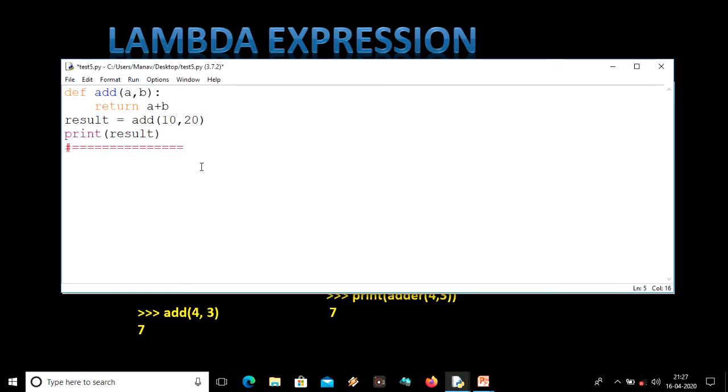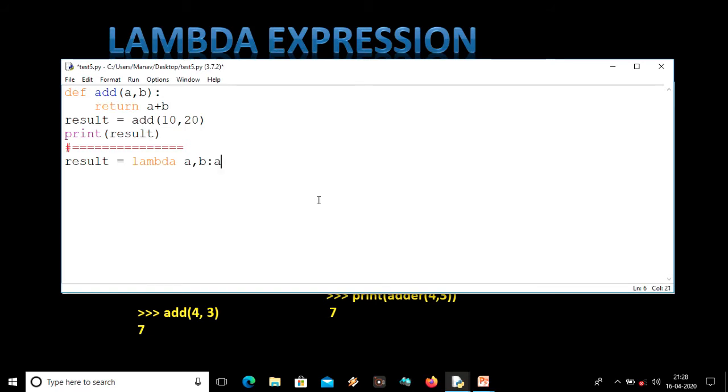Okay, now let us suppose we can do the same thing with a lambda expression. Let me go here and we'll call a variable, let us suppose also result, and result is equal to lambda, and the lambda expression will get two arguments, that is a and b. You can pass anything here, and after the colon it will return the expression which we want.